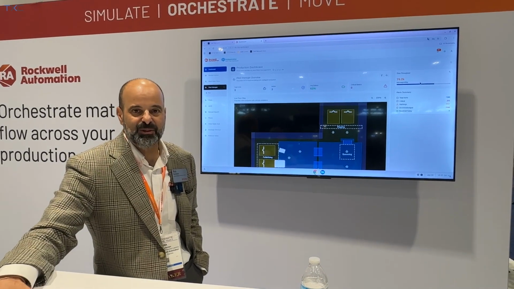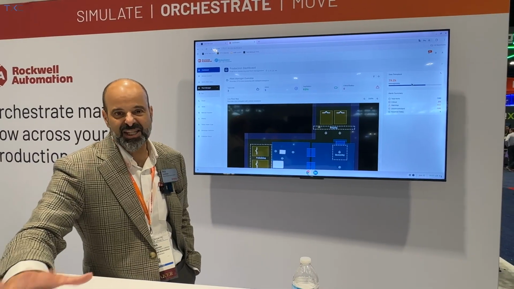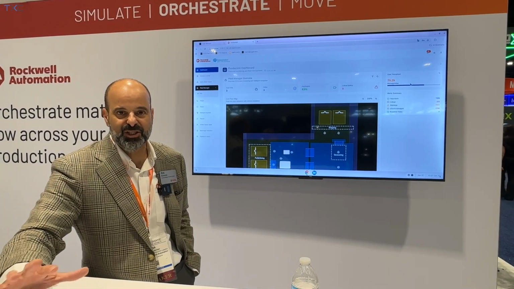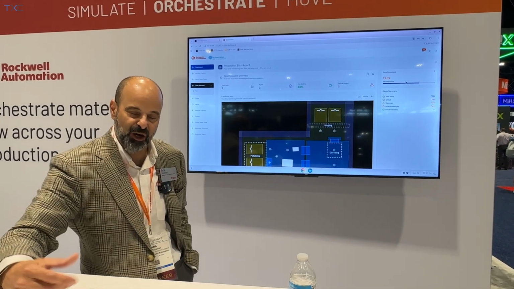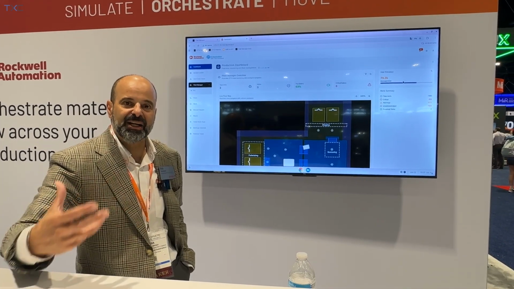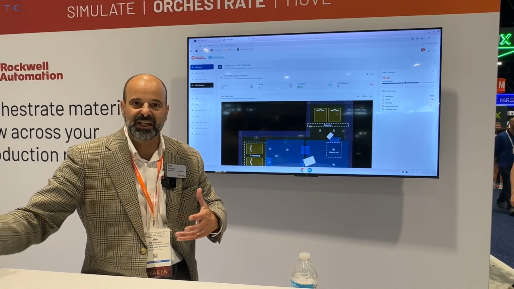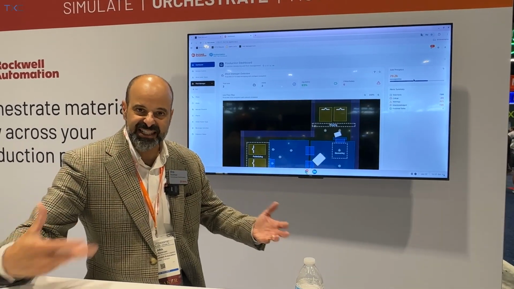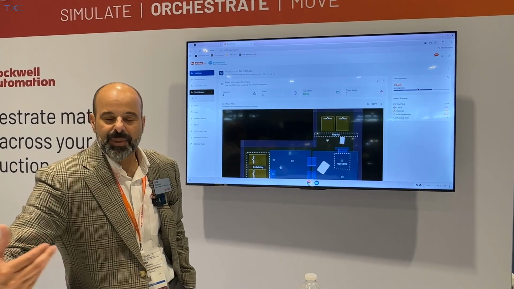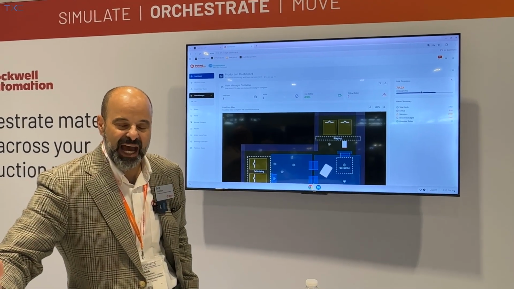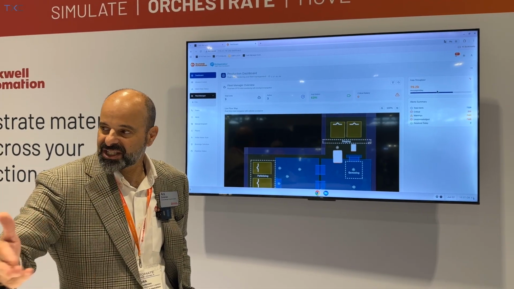This application was developed and is being launched this week to address a common problem when companies are adopting AMRs as part of their production workflows. And that is, how do I go about integrating these autonomous vehicles with the rest of my IT and OT systems? So traditionally, the means to which companies do that is they have their systems integrator who is installing all